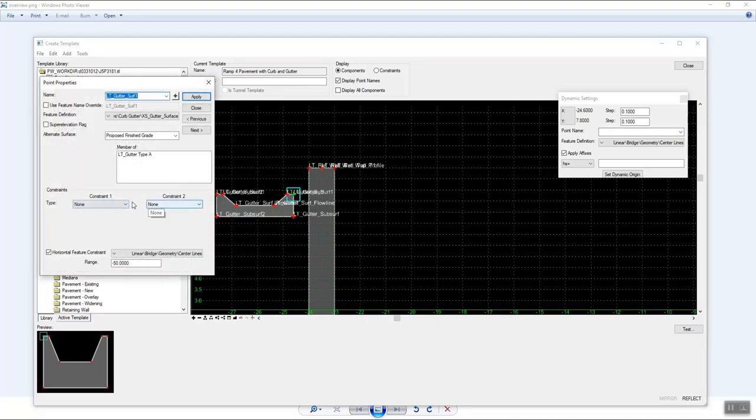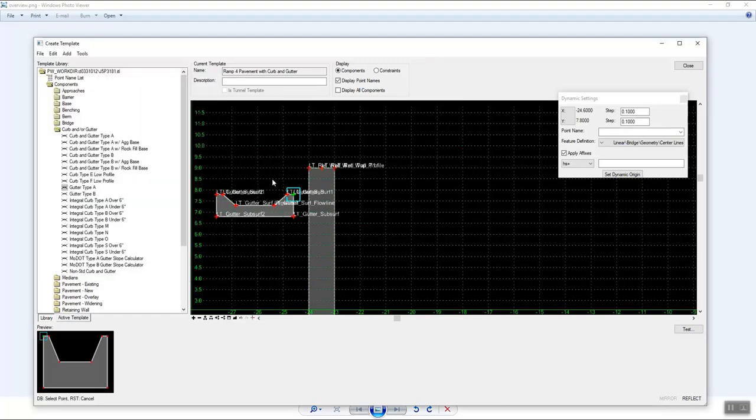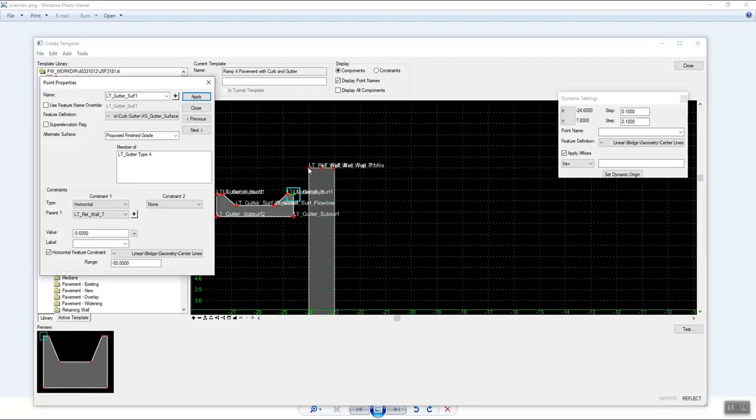And we've got two constraints here that we can do, and right now it's not constrained at all. You can tell it's a green point. So we're going to go from none to horizontal. Our parent point, we're going to hit the little pick button, and we'll pick that left retaining wall top line. You can see it changes it to LT retaining wall T, and right now it is whatever value that you dragged it out to, and we want that value to be 0. So we'll do a value of 0 and apply,